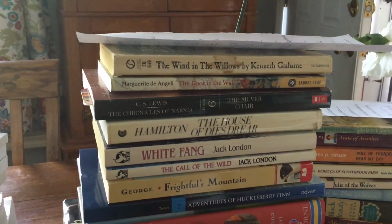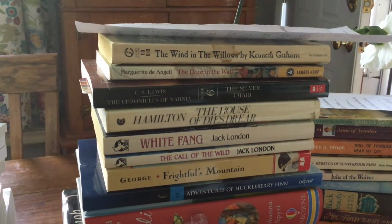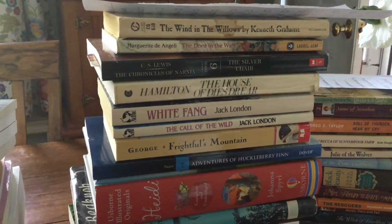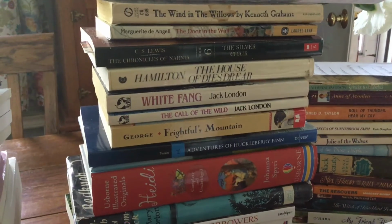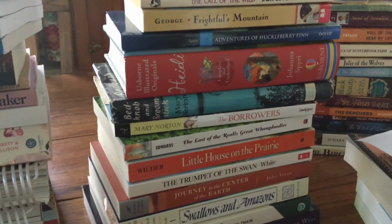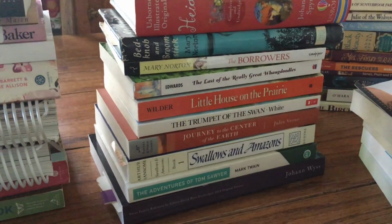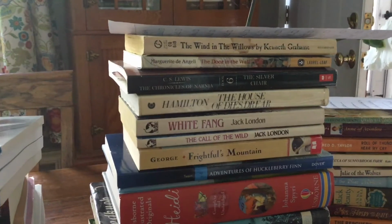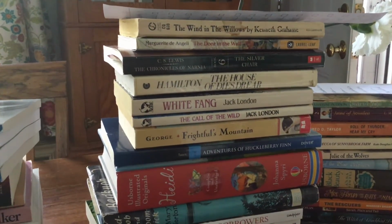These are the books that we've chosen for our read alouds, and we don't always just pick what's right in my kids' age range. We just pick books that sound fun. They could be younger, they could be older, but usually we just pick books that we haven't read by ourselves yet. And so our read alouds this year, we have Wind in the Willows, The Door in the Wall, Silver Chair,